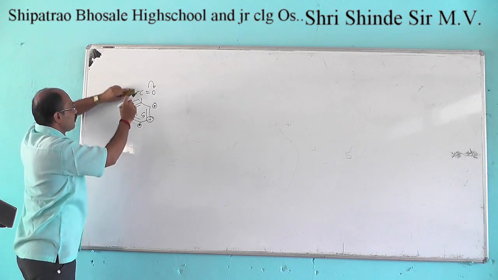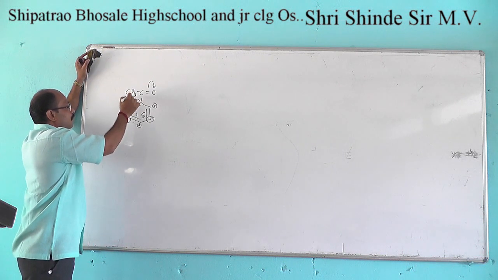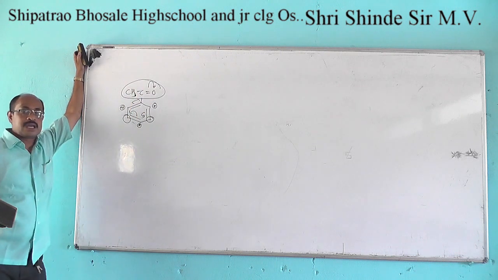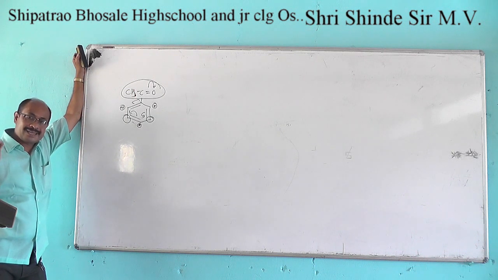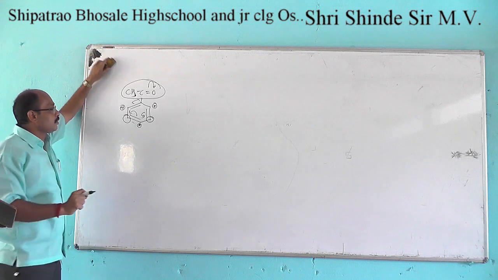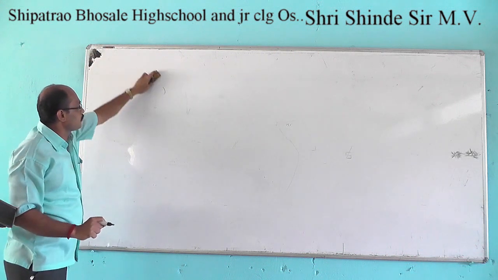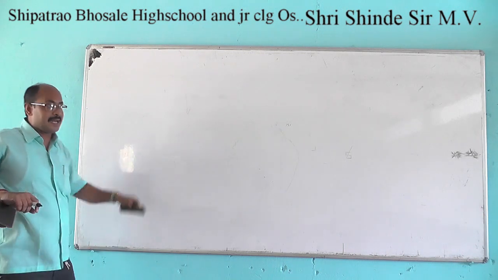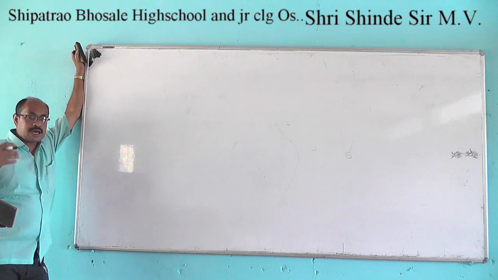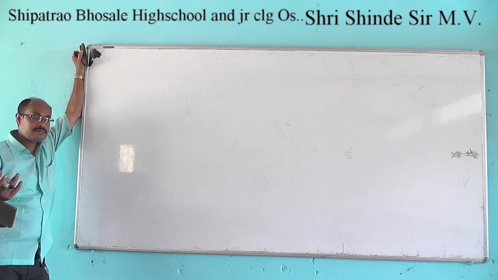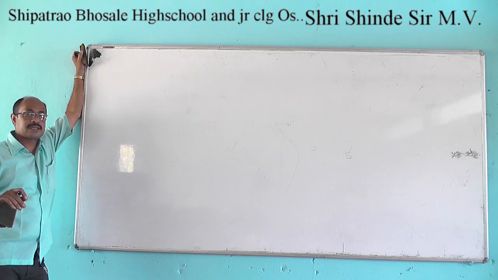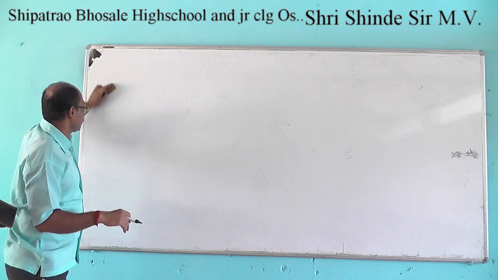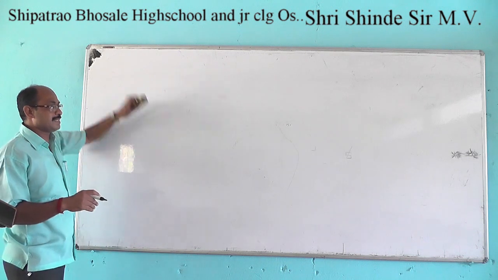So the carbonyl group present in aldehydes or ketones is a meta directing group. It is a deactivating and meta directing group. So when we observe the aromatic electrophilic substitution reactions of aldehydes as well as ketones, we are having the halogenation reaction, the sulfonation reaction, and the nitration reaction here, which are useful for